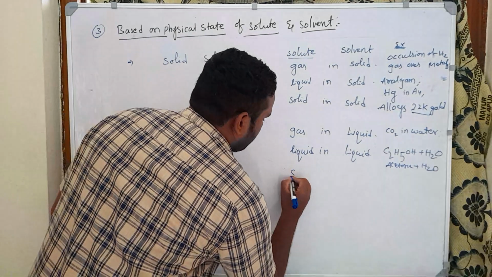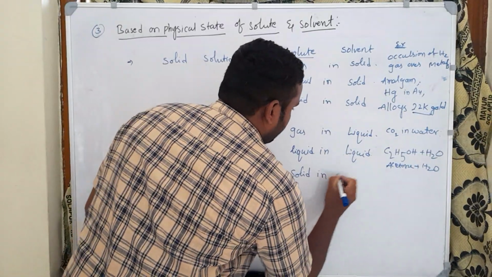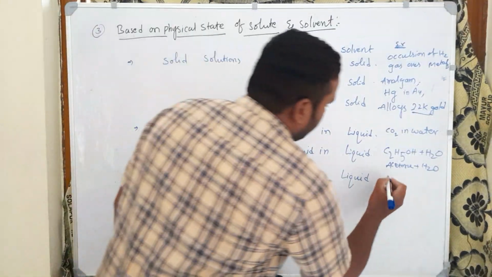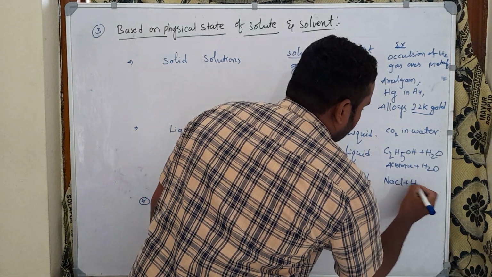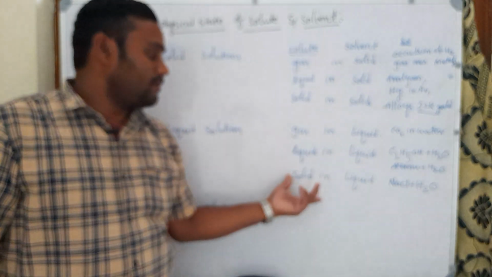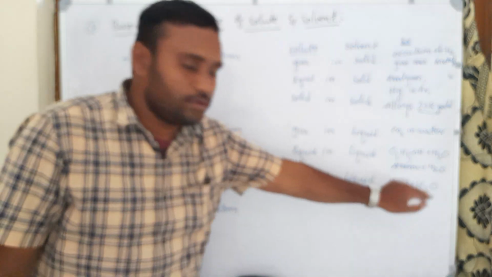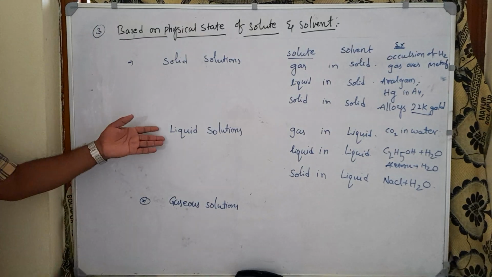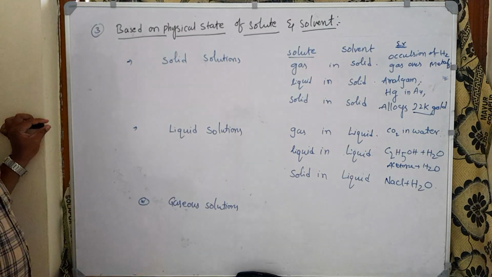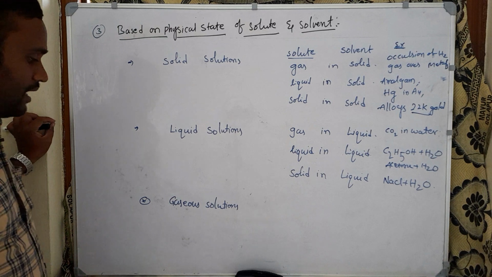Next, solid in liquid. For example, NaCl plus H2O, meaning NaCl is dissolved in water. This is an example of solid in liquid, meaning finally the solution is present in the liquid state. That's why they are called liquid solutions, and there the major part is liquid. Next, gas solutions means the major part is gas, meaning the solvent is gas, and the